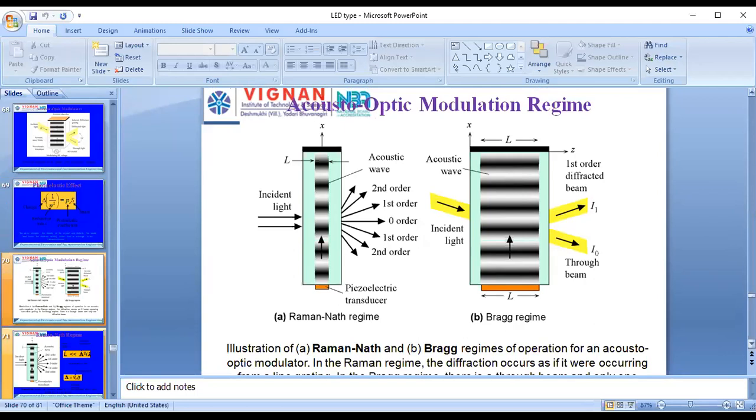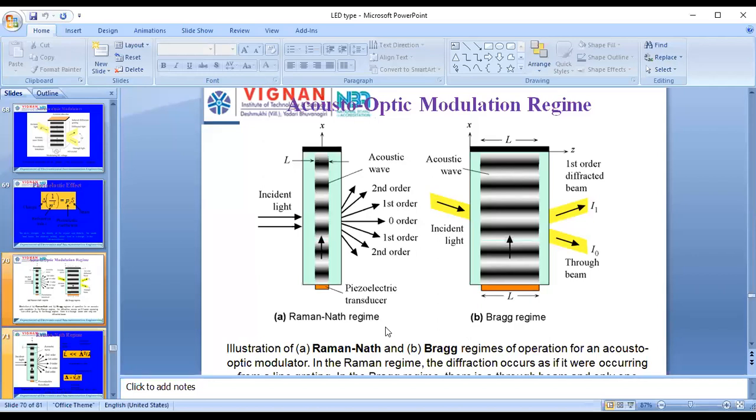So while considering the Raman-Nath effect, when the incident light is applied on the crystal material, it produces diffracted light, that is zero order, first order, second order, like this. From the first order on both sides, you can imagine first and second order on both sides. So the bending of light, the diffraction, will be produced by the Raman-Nath effect.